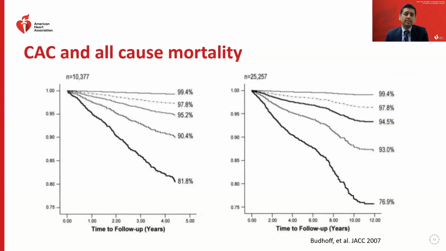This is just some early data of two big cohorts, one that was followed for 5 years and the other followed for 12 years. And if you look across this entire patient population, both the 5-year follow-up group and the 12-year follow-up group, the top line here of the Kaplan-Meier curve is someone with 0 coronary calcium. And as the calcium score increases in a graded fashion, the all-cause mortality increases. So without doing anything, the higher your coronary artery calcium score, the higher the risk.